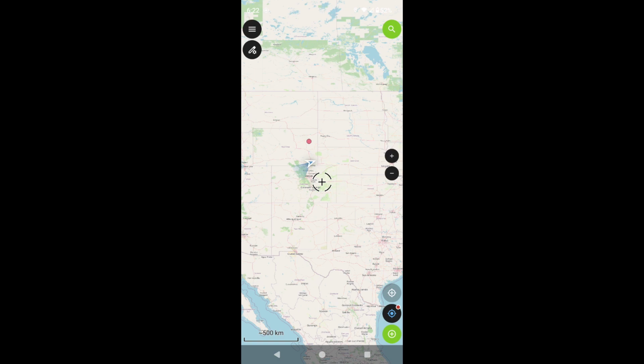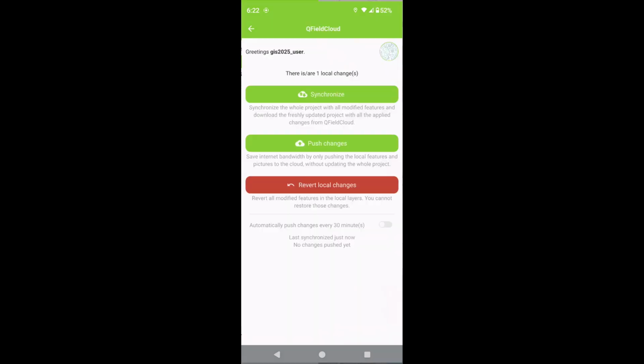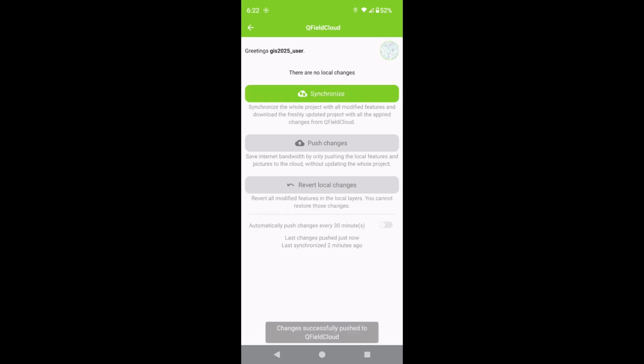Okay, so now I'm gonna go back to this layer, and then I can see that there is one change that I can sync, and I'm gonna do that. So I'm gonna just push the changes, and remember again, this is the collaborator account syncing back up to the QField Cloud project that was created by another user, in this case PerGIS. So okay, now that I already pushed the changes, I'm gonna go back to QGIS